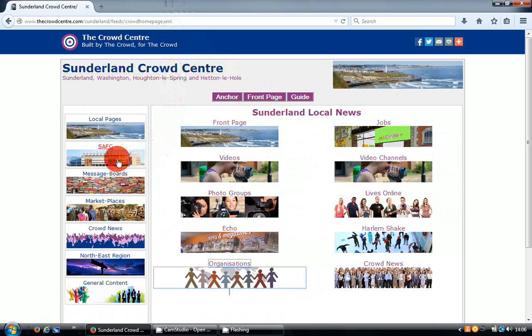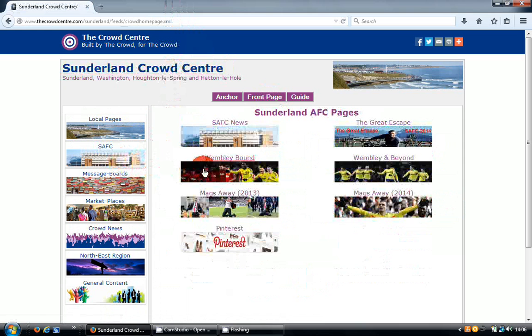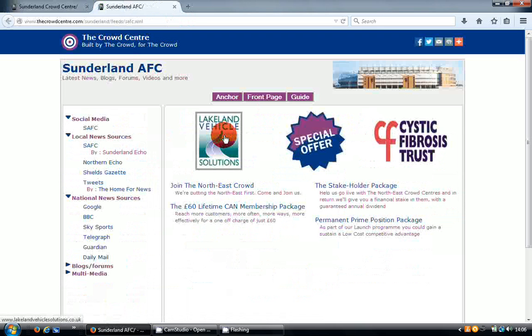One of the other ways, we have a section for our football fans. So it'll be Sunderland in the Sunderland Centre, Newcastle in their centre, Hartlepool and so on. But if I go and look at the Sunderland football page, this is where you get a real understanding of how we're able to import all the content into one place. Virgin Money once wrote an article that said the average football fan spends about 18 hours a week watching his team, one way or another. The majority of that is on the internet. They're having to go search for the content to keep it up to date. What we're doing in the Crowd Centre is bringing it all to one page.